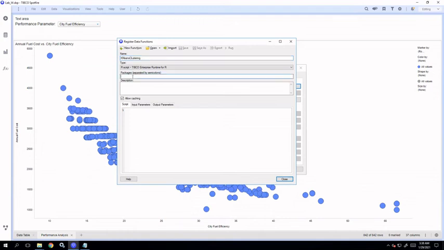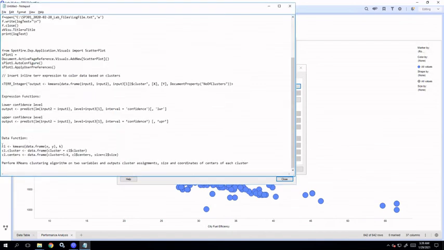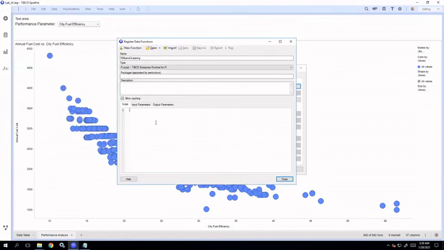You can provide any custom packages that you're using which are not provided with your CRAN packages. And the description for that particular function, and then here you provide the R script. Let's say this is my script. Now what this script is doing is generating clusters using the k-means clustering